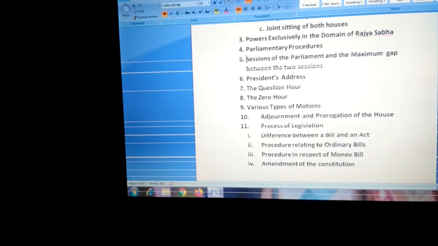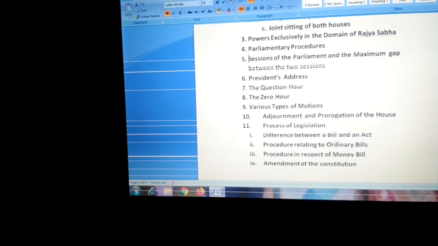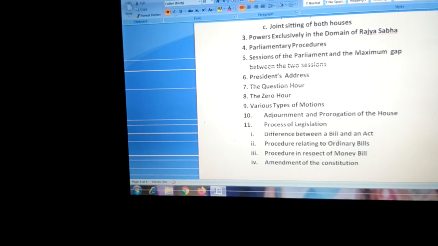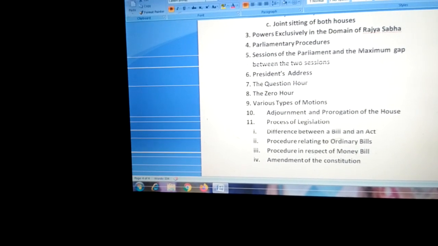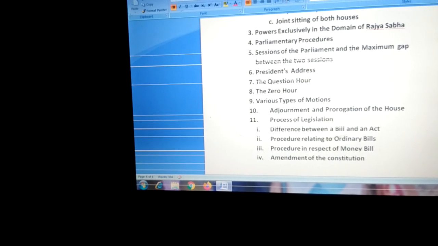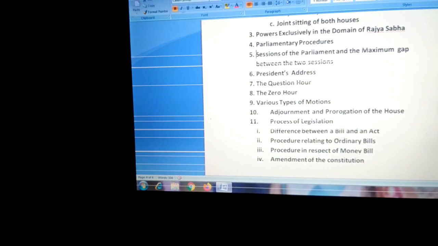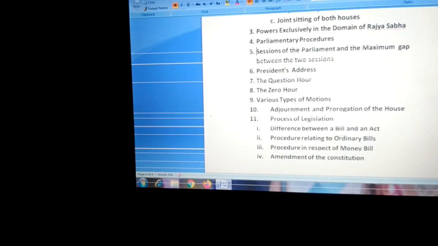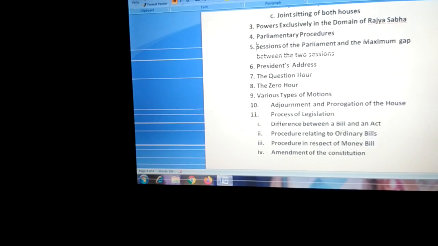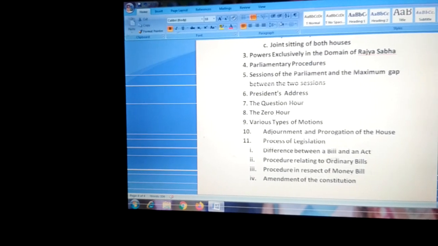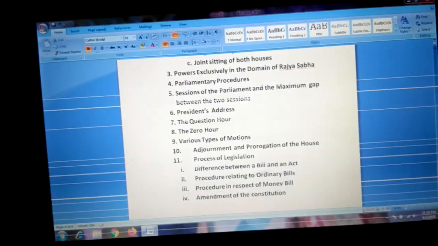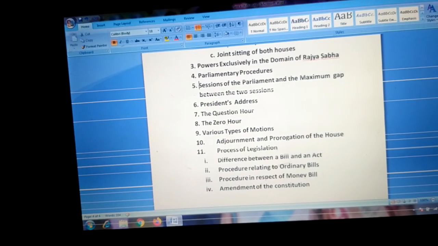Then we know about various types of motion. There are two types of motion: adjournment motion and no confidence motion. Just learn these two: adjournment motion and no confidence motion. And in adjournment motion,